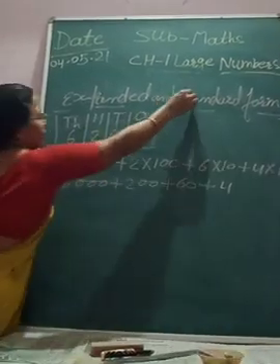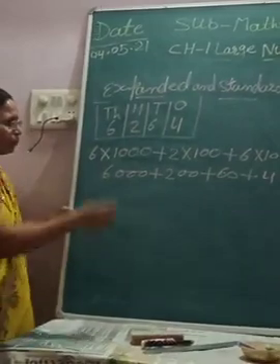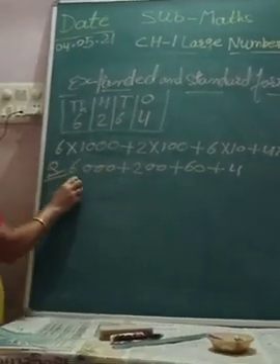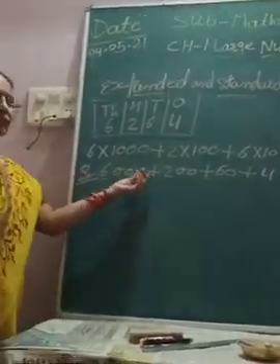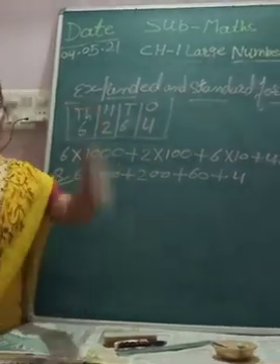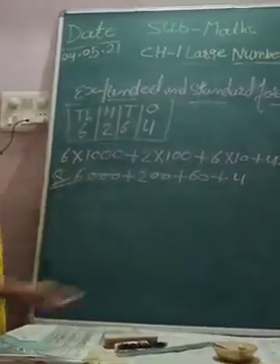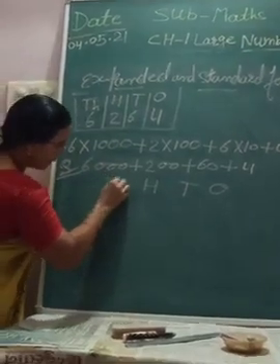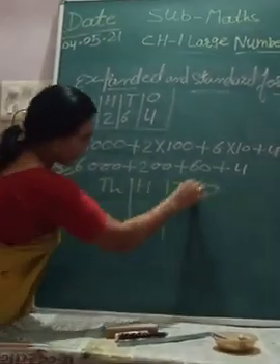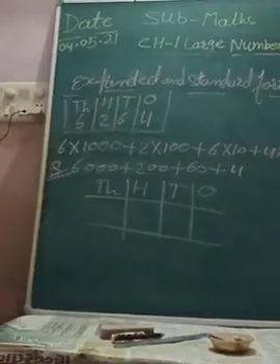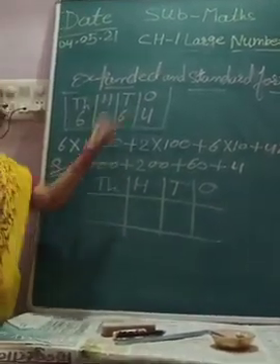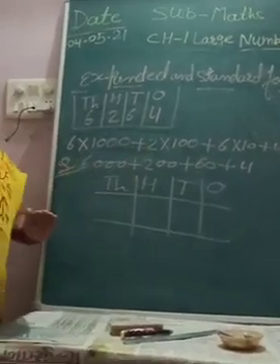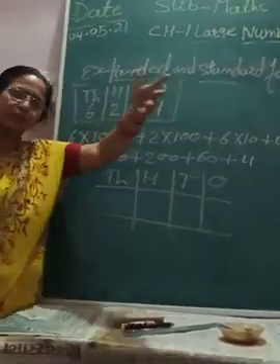Again, when you have to write this in standard form, what will you do? Suppose this one is your question. I have expanded this digit. This expanded number you have to write again in standard form. Then what will you do? Again just make ones, tens, 100, 1000. Now make columns. Just see. After that you have to write in standard form, meaning this expanded form you have to write in short form. Short form or standard form is the same.